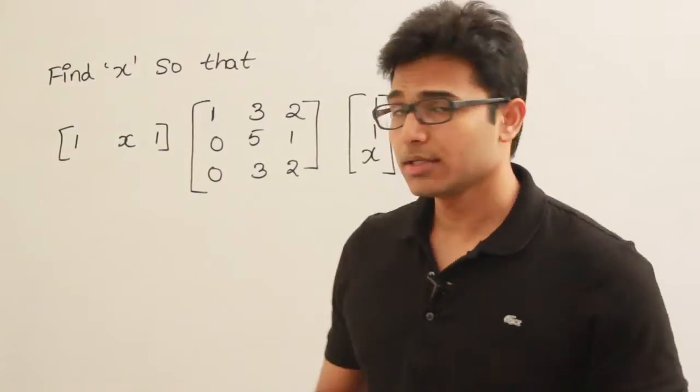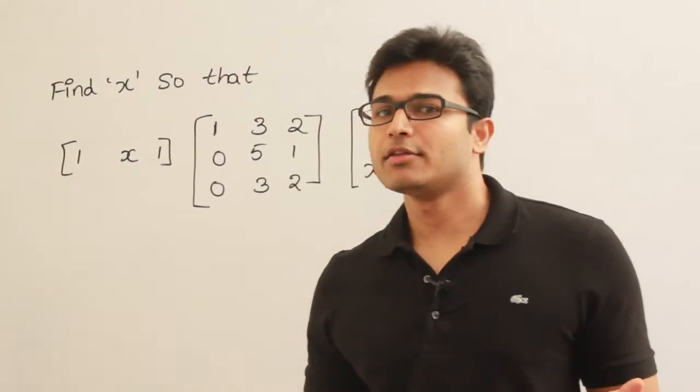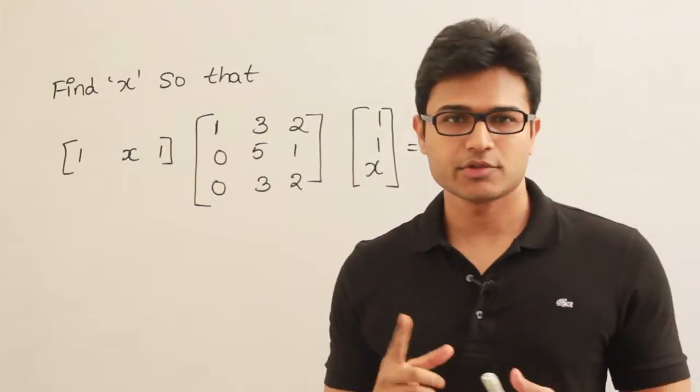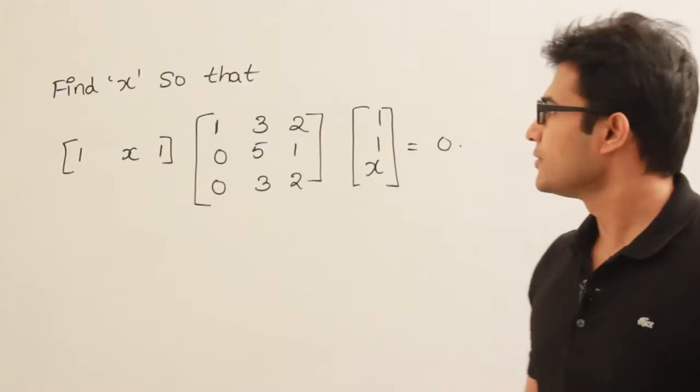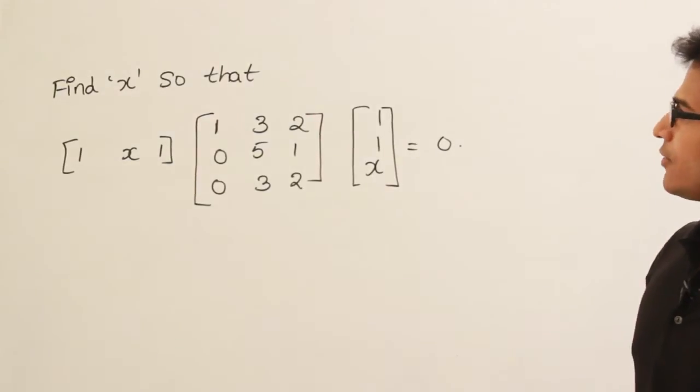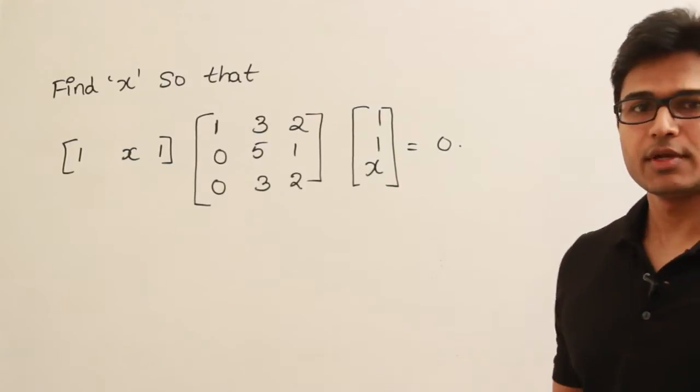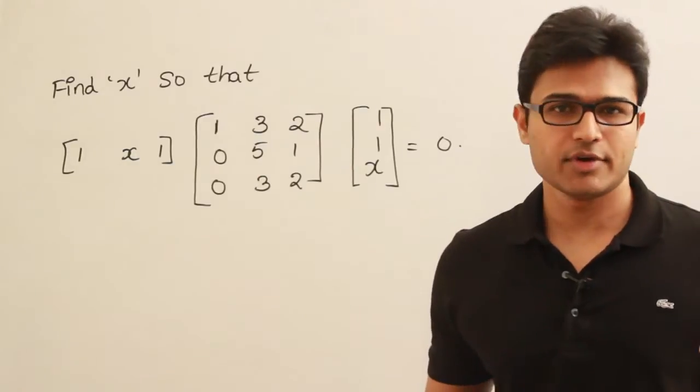Let's solve this example. Such examples are used to find the value of a variable. Generally some variables will be given and then some operations will be asked, right? It is a simple one. Now we have three matrices here. We are supposed to multiply these three matrices and the result is going to be equal to 0, and from that equation we are supposed to find out the value of x, right?